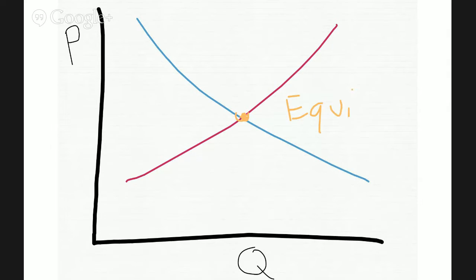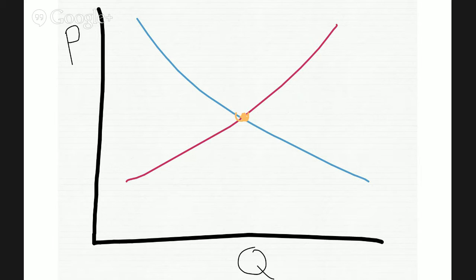Now, be careful when you use the term equilibrium. Equilibrium makes you think that everything is in balance, right? That everything is as it should be and it's balanced out and everything's perfect. And that's not true at all, okay? All equilibrium means, and let me erase this real quickly, all equilibrium means is that at a certain